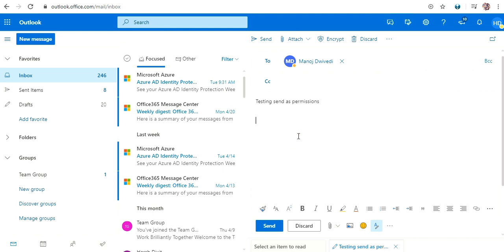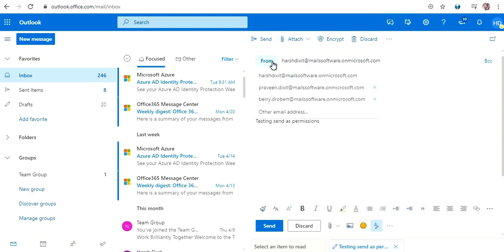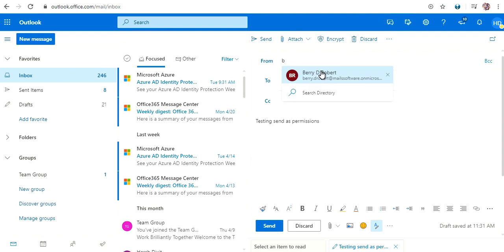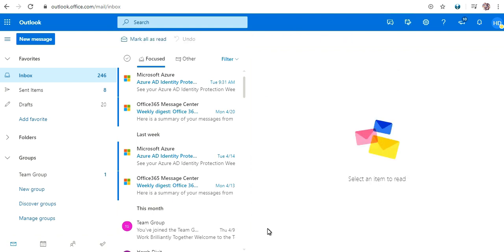I will add the subject, testing send as permissions. After doing that, you will need to click on these three dots and then click on show from. Now click on this from option and then click on other email address. Now choose the email ID; I am choosing Barry D. Robert here, and then click on the send button.